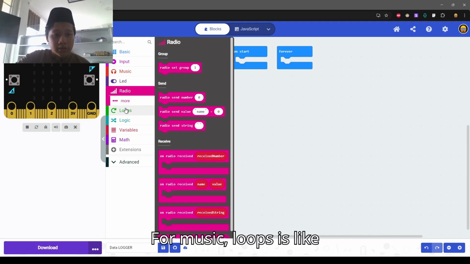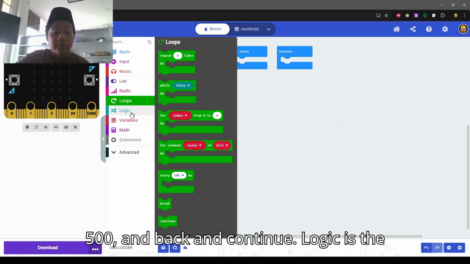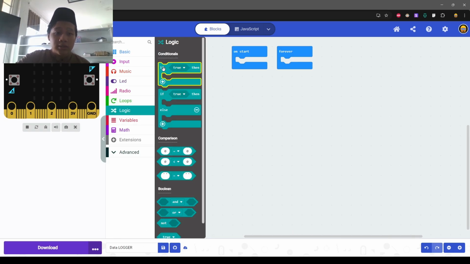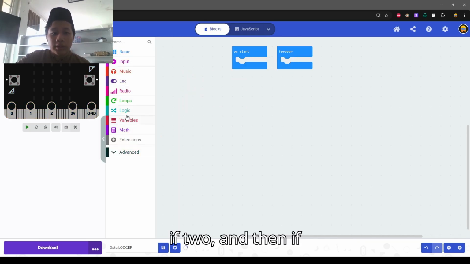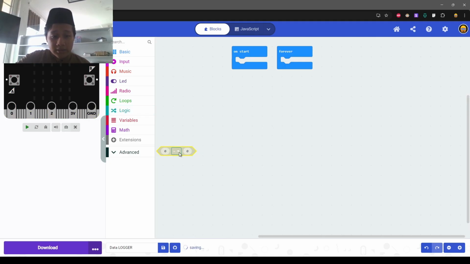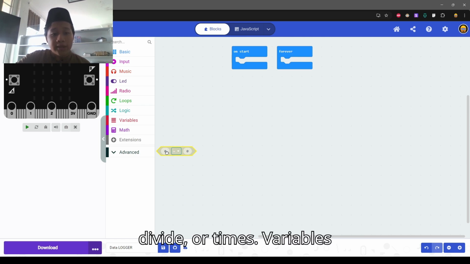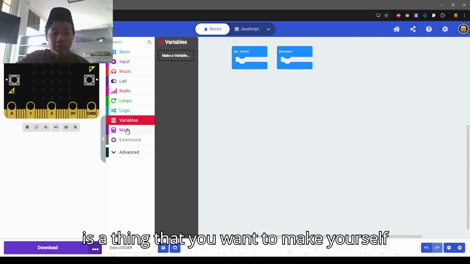For loops, it's like repeat 4 times, for index every 500, and break and continue. Logic is the thing that handles conditions, like if true, if else, and then minus or plus or divide or times. Variables is a thing that you want to make yourself, and then math is for counting.